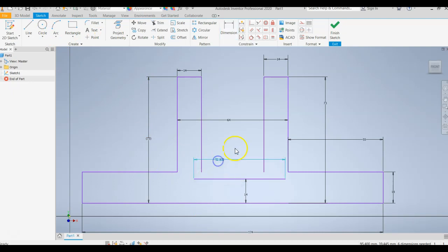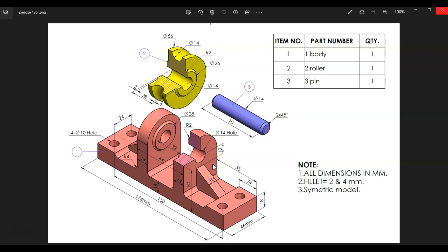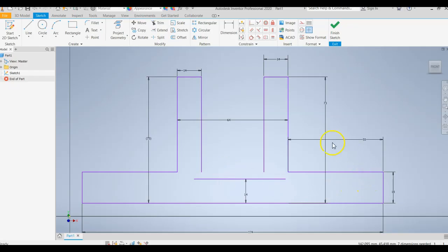Oops, I don't want to dimension that line. I accidentally did that. Which means that we have other lines here. So I'm going to draw a vertical line right here. It turned on me, so I'm going to click on vertical constraint and constrain it vertically and draw another line